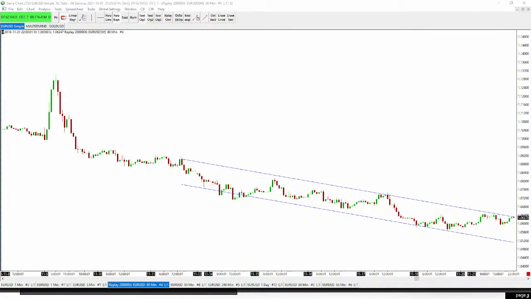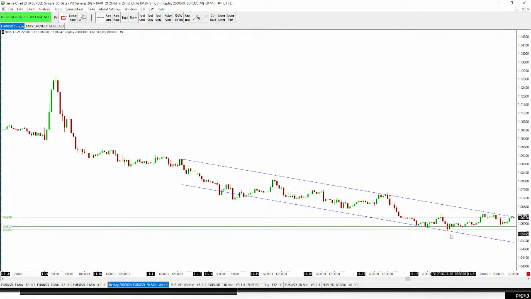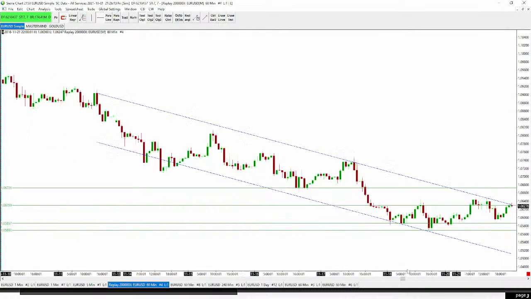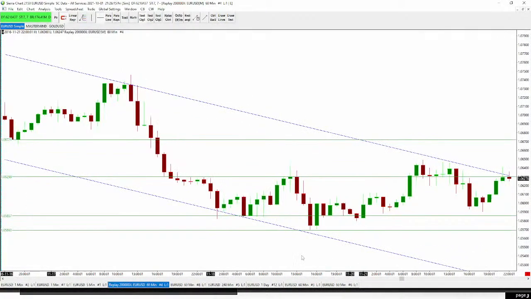Okay, so right there, and then add some support and resistance, which we don't use any of this stuff, right? We don't trade using any of this stuff, but I just want to show you guys what the rest of the market would be using in this scenario in order to justify their trade.